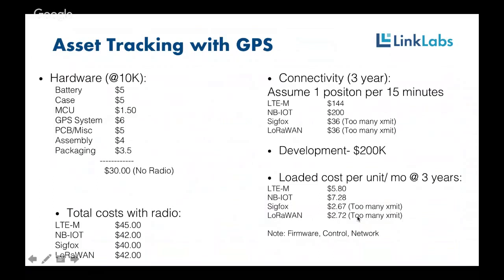A couple more caveats just to consider. I think Sigfox and LoRaWAN are great technologies for simple use cases, but your ability to do things like update device firmware, send control messages down to turn GPS on and off based on different rule sets, are very limited. So it may be tempting to look at Sigfox and LoRaWAN costs and be like, oh, why would I ever use LTE-M for a GPS tracker? Well, it may be that that's the most expensive $2.50 a month that you ever face, because you can't update the device, you can't turn it on and off. So just really understand the implications of the technology you choose when you're considering the costs of it.